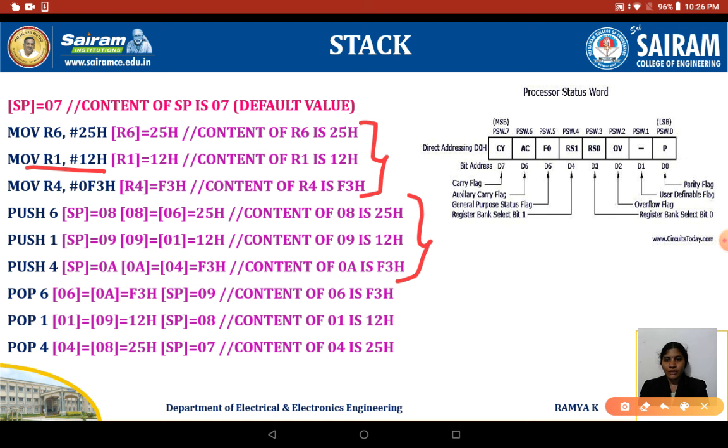PUSH 6 means the content of 8 is 25. Whatever data you have in that will be moved on to your stack. Likewise the next three instructions are used to store the data onto the stack, and the other three instructions are used to retrieve the data from the stack.